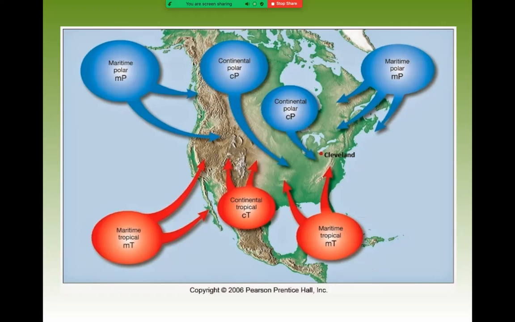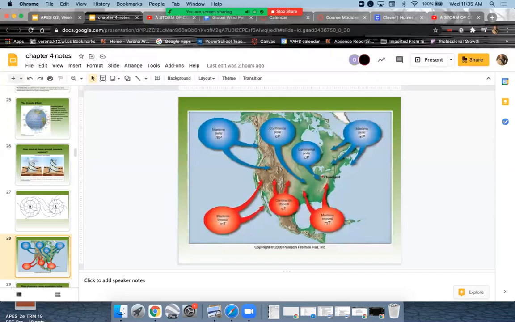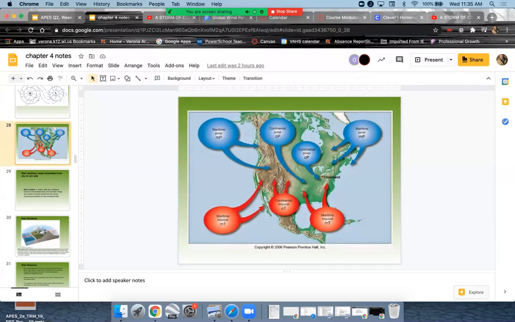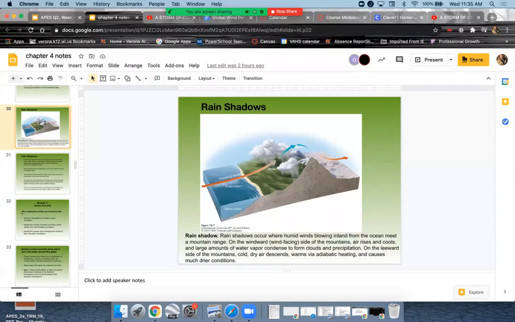All right, I'm done. I know I talk too much. There's a lot in this chapter, though, everyone. We haven't even talked about the rain shadow yet. We'll do that another time, though. Okay, tomorrow I am not